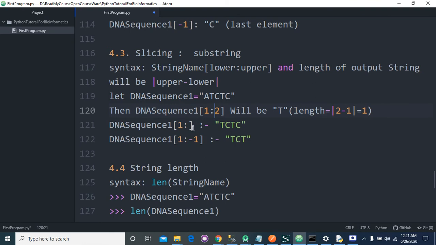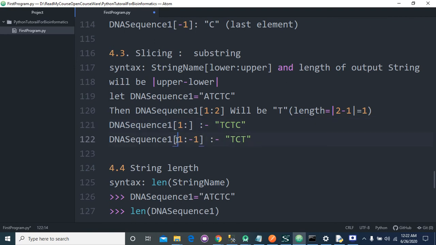And if we do not provide the upper value, then the result will be TCTC. It means that if we do not provide the upper value, then the result will start from the index of lower, and it will continue till the end.